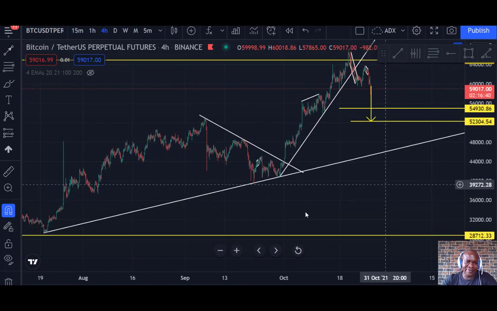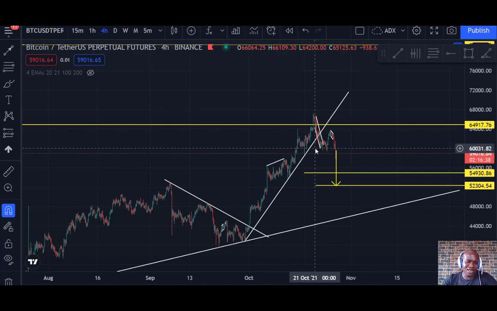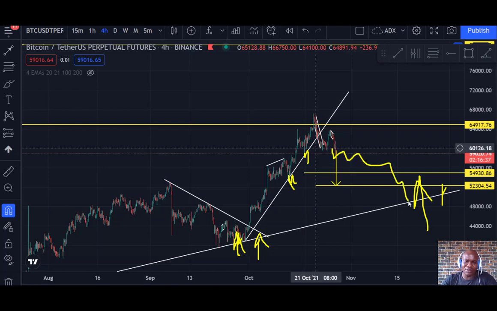This trend remains valid as long as Bitcoin is still trending above it. Because it has found this bounce here first, we're expecting the second one here, just like this internal trend, it came here, it bounces off here, it bounces off here. So we're still expecting the same thing to come here, but it won't come in a straight line. Definitely it will correct itself along the way.